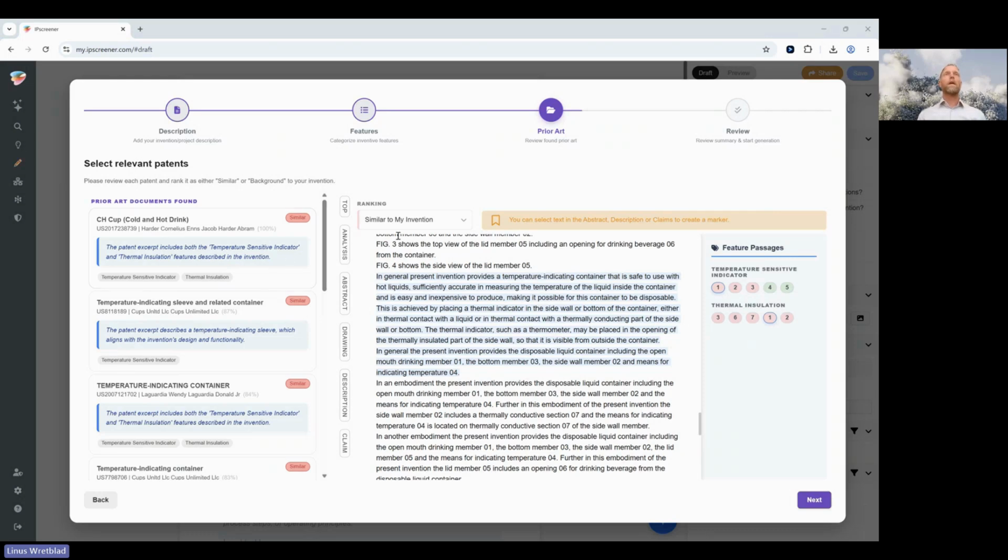So if I think, yeah, this is an important document, I can already rank it here to be similar to my invention, or I can change it if I don't think it's similar. I can go back to its background according to my own rankings or opinions. It's zoomed into the document where it's seemingly most relevant, but I can go to different